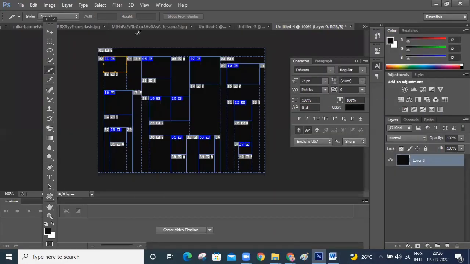Now, if you want to resize this slice, you can resize it. It will be useful in web design. Directly, you can't select. Click on Control and select. If you want to increase the slice size, you can increase. If you want to decrease, you can decrease. If you want to delete also, you can delete it.